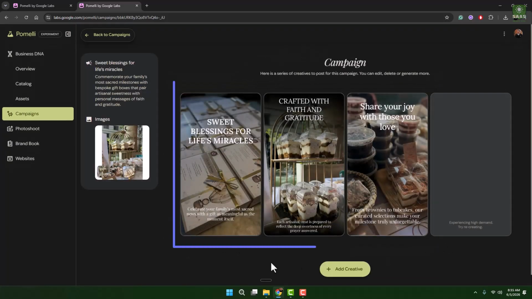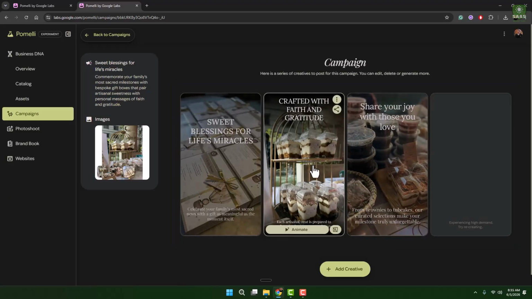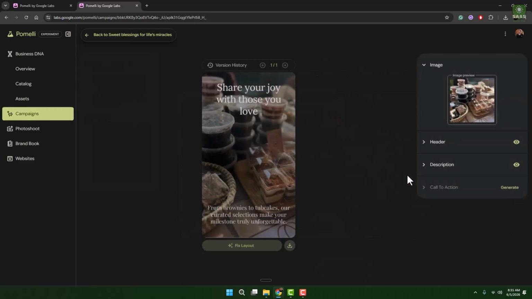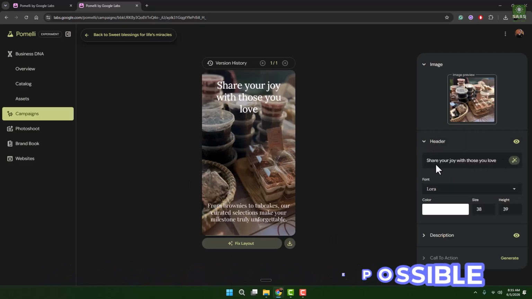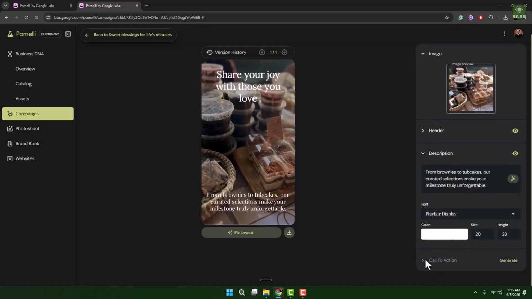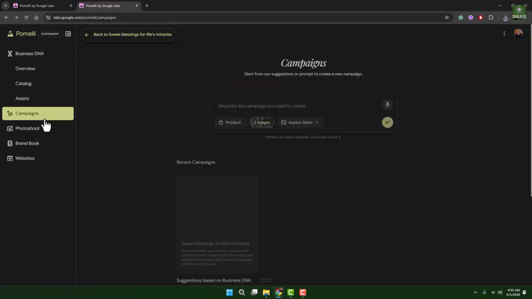Yes, so it has created these beautiful cards in which you can see that it has created titles and taglines as well. If I click on any of these, say for example this one, you can see that you can manually edit it, such as the header where it says "Share your joy." You can change the font, you can change the description, and you can also generate by giving it a prompt. You can download this image and use it in your online campaigns as well. Okay, so if I go back,